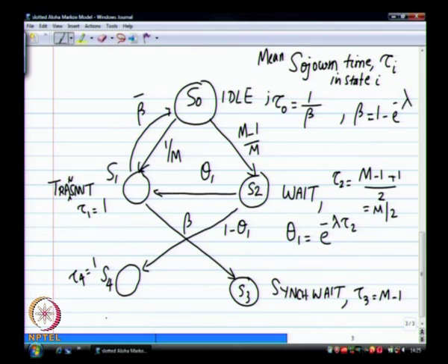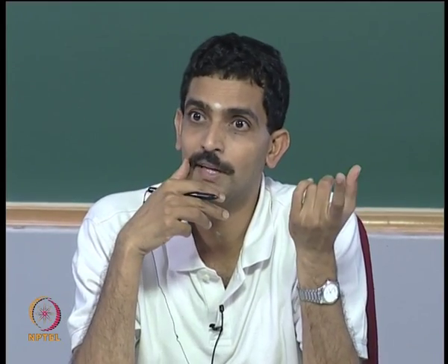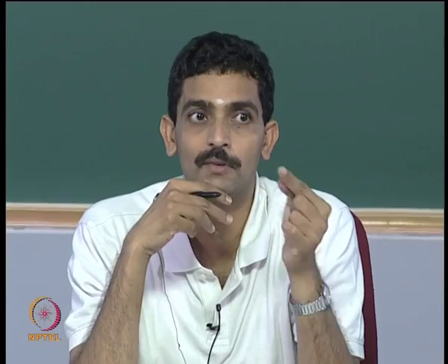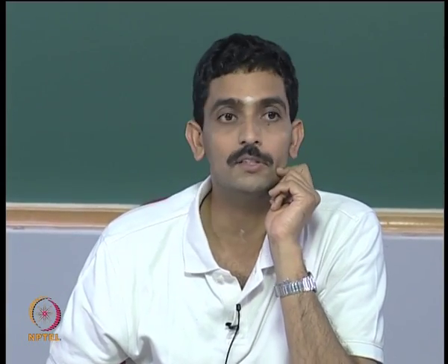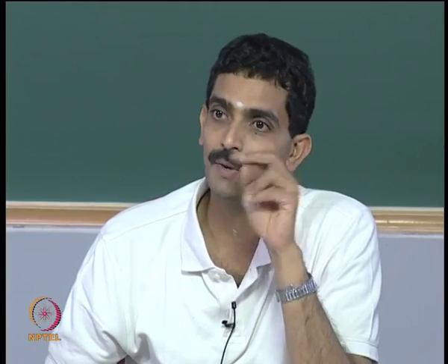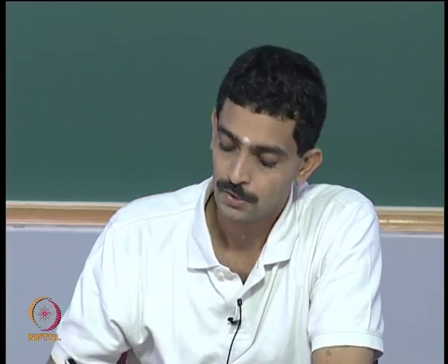Then from synchronous wait, I came there because I started off with having only one packet, right? Because I was in S1 state. There was only one packet to begin with. In that one period of 1 unit of time, yet another packet came, but that packet has already finished transmission. So I am arriving here with only one packet in the queue, but during this duration, it's possible that one more packet might have come, right? It's possible that one more packet might have come. So I would then move to